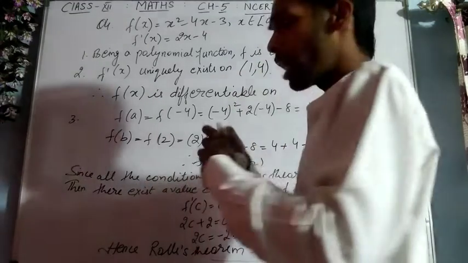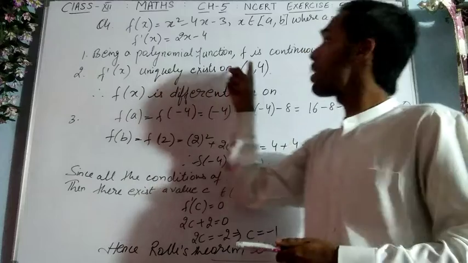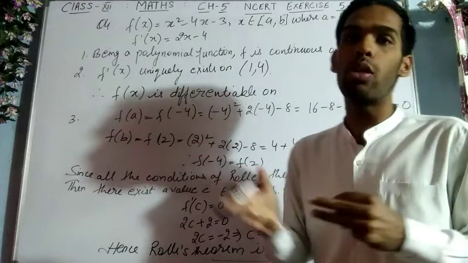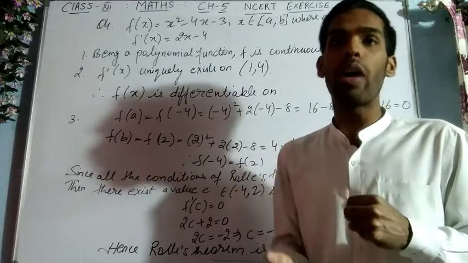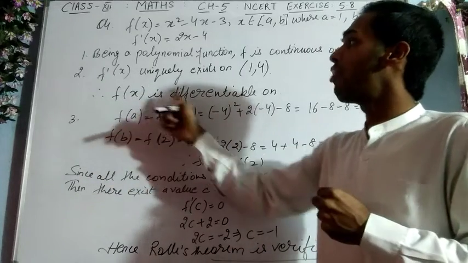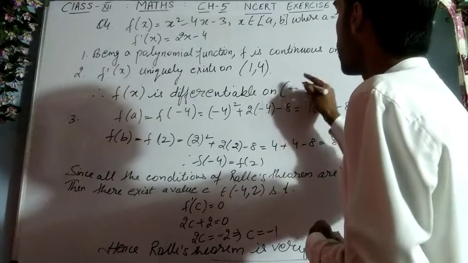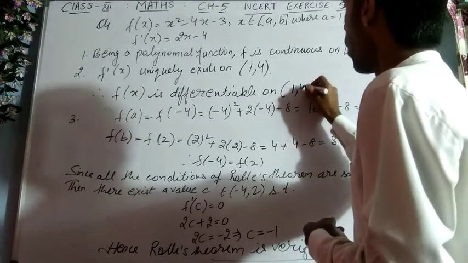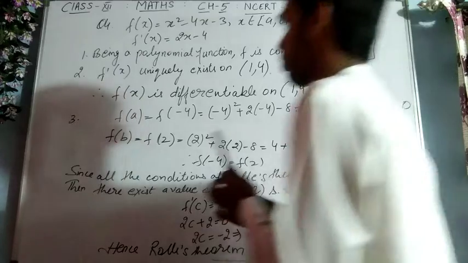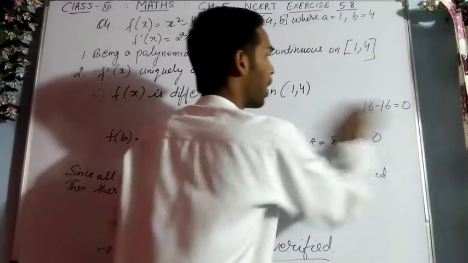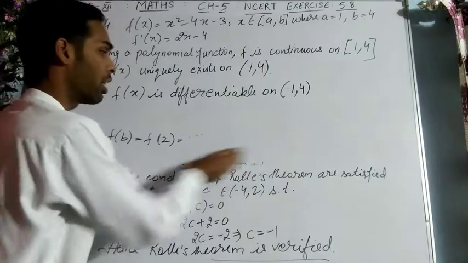So देखिए, जो आपके पास यहाँ पे f dash x की वैल्यू आ रही है, अगर आप इस ओपन इंटरवल 1 to 4 से 2, 3 कुछ ही वैल्यू पुट करें तो आपके पास यूनिक वैल्यूज मिलेंगे f dash x की. सो अगर ये यूनिक वैल्यूज आपको मिल रही हैं, दैट मींस f of x इज डिफरेंशिएबल ऑन this open interval, open interval 1 to 4. Now, this condition is not at all in mean value theorem because this condition was in